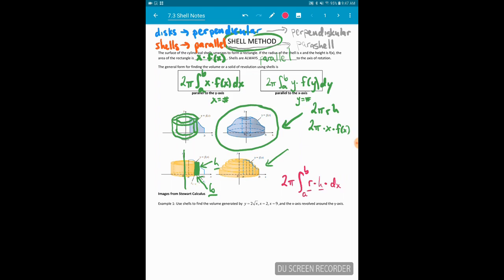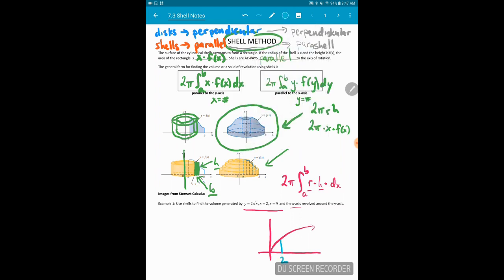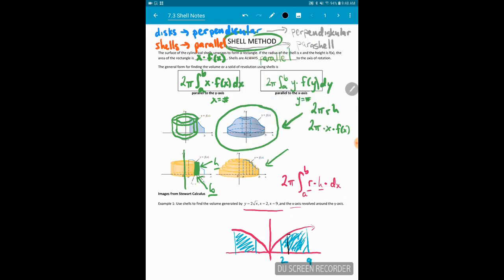Okay, we're going to use shells to find the volume generated by this and the x-axis. So if I quickly sketch this, it's going to look something like that. And if I want to go from x equals 2 to x equals 9, I'm taking this area and sweeping it around to the other side. If I look at it as a small rectangle and I want to sweep that around,